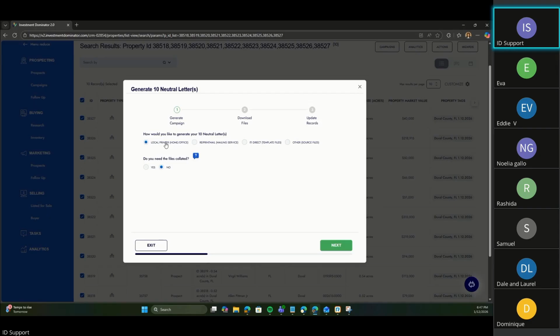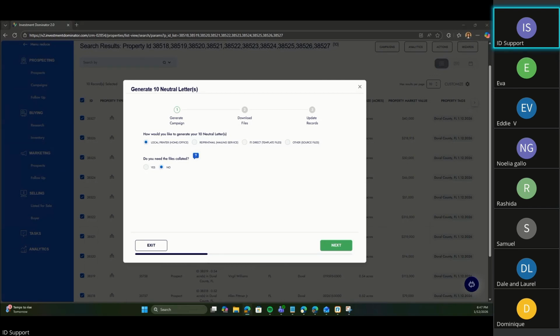And then I'm going to go with local printer, home office. This is not recommended per se if you are doing your own letters at home. If you're sending out thousands upon thousands of letters, believe me, the amount of money you're going to spend on ink and printing, you might as well just have someone stuff it, fold it, stamp it, and send it out for you. But I'm just going to do these because it's just 10. Some of your offers, you'll want to do it that way, because a handwritten envelope and an offer letter with your fresh signature on it is always a plus.